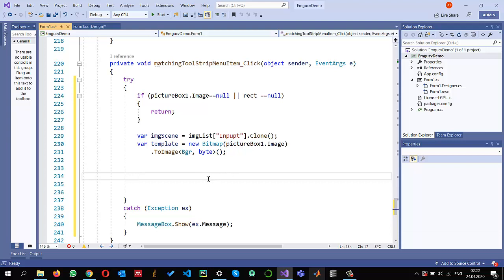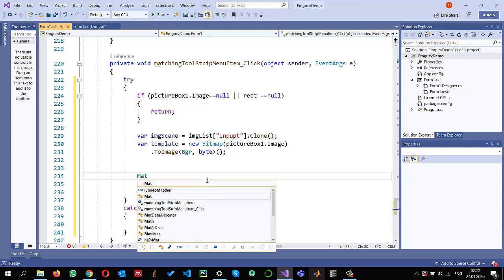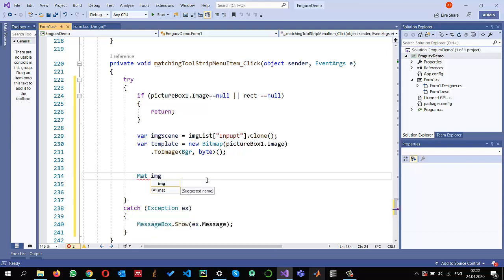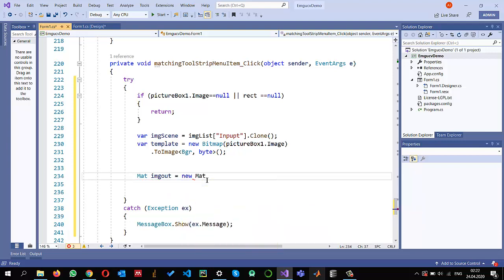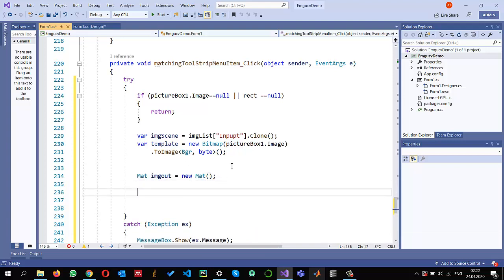called the match template. But the match template is expecting some output image, so I'm just creating an output Mat object. So I call it img out is equal to new img out, and this is where I just want to store the results after my matching has been performed. So let me call this method cv.match template,